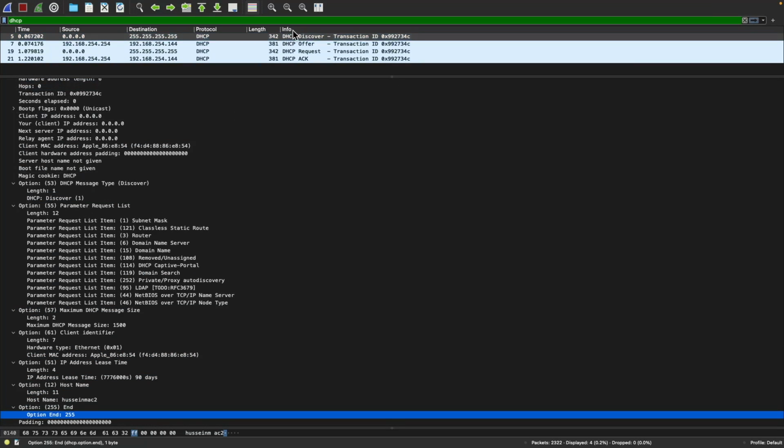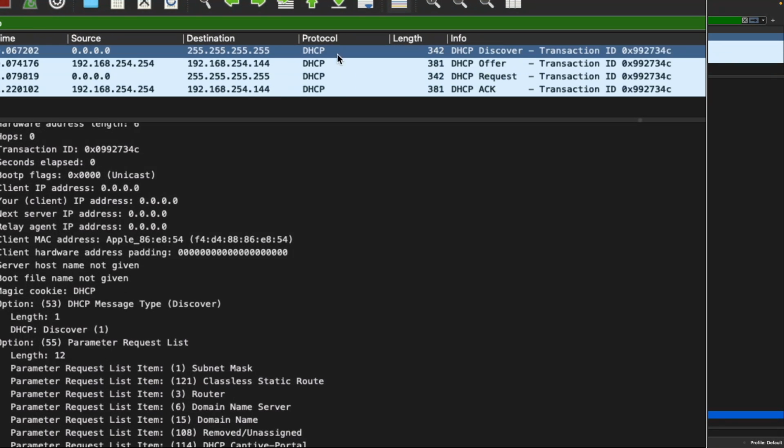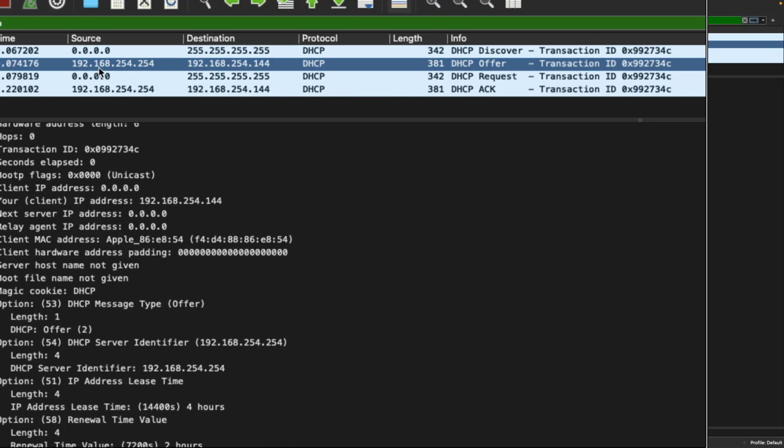So that was the first message. Guess what? Now we get a second message from 192.168.254.254, which is, guess who's this? This is my router. My router lives right there. The source is my router, and the message is called DHCP Offer. So my router is now offering an IP address to my